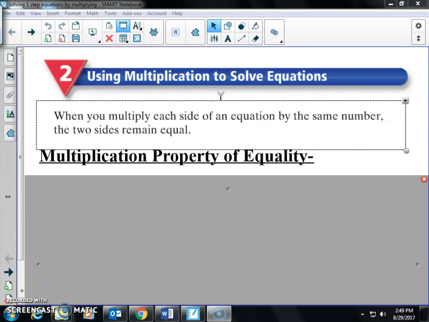So today we'll be working on solving one-step equations, but in order to solve these we've got to understand a property of numbers. The first property we need to understand is the multiplication property of equality, and those are big fancy words. All it basically means